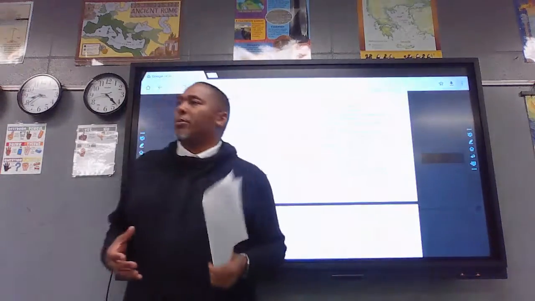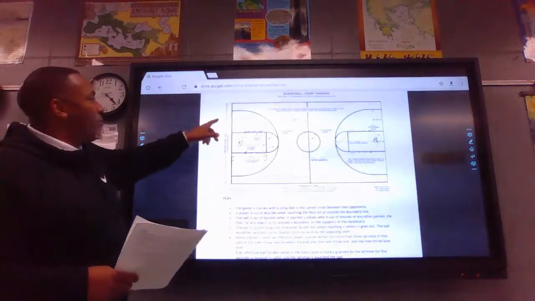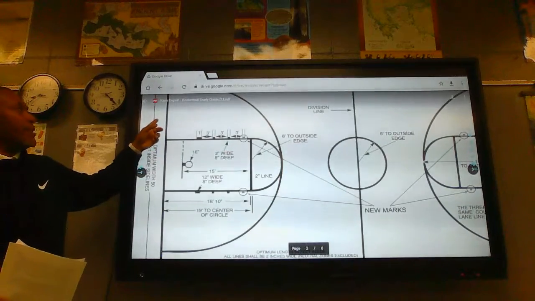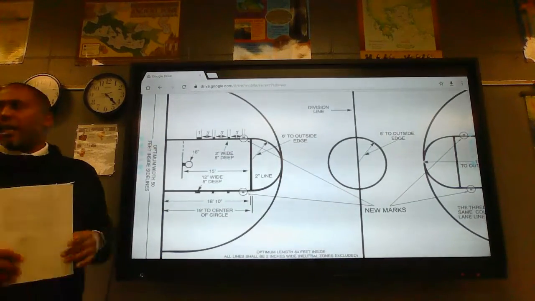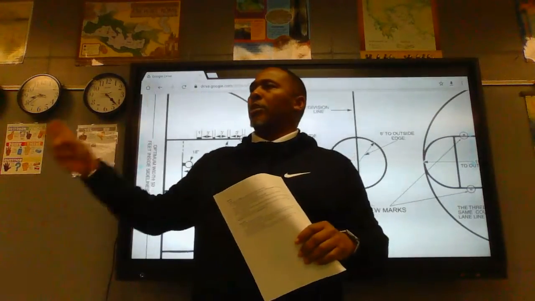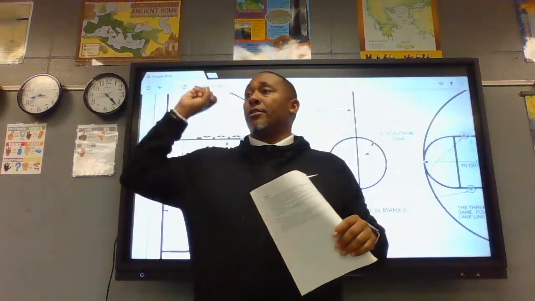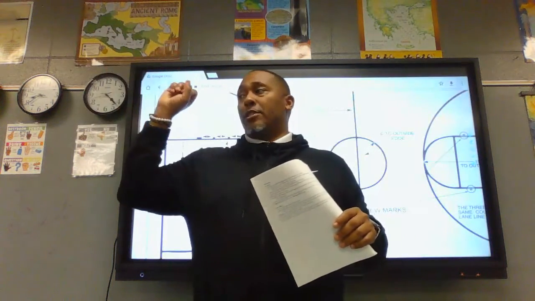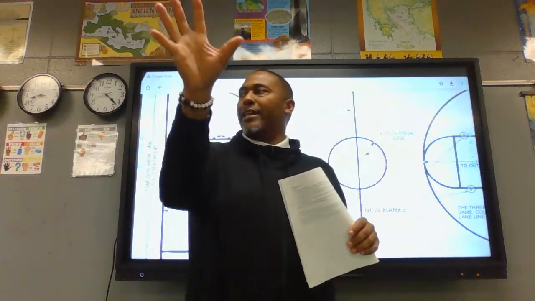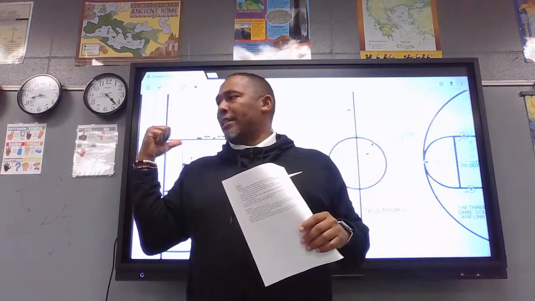Meaning, if I'm taking the ball out, standing here, going back to the diagram, and the referee is in the corner saying 1, 2, 3, 4, and his hand is doing this, he's going to get to 5. If you don't get that basketball in play in 5 seconds, that ball automatically goes back to the opposing team.